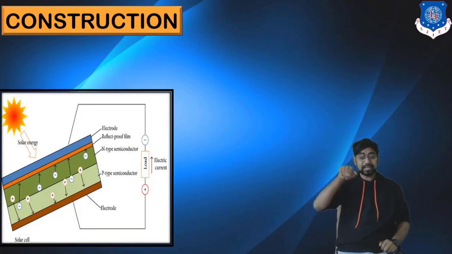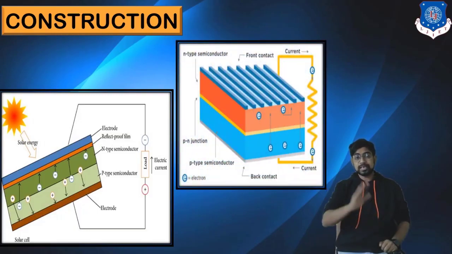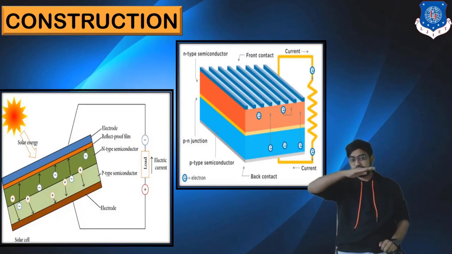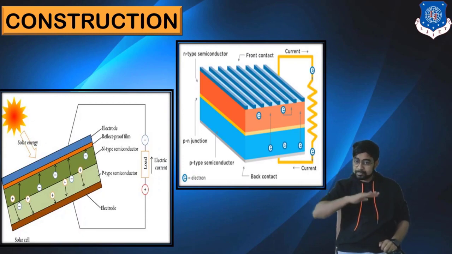Why do we require the electron flow through the load? That's why we have constructed this, and that's why we have taken the load into consideration. Now let's see the practical version of that. Instead of the metal electrode on the top, we are taking strips of it, which gives a firm contact, and at the bottom the same metal back contact is there.